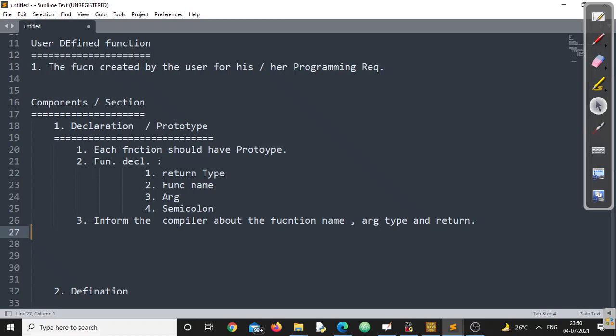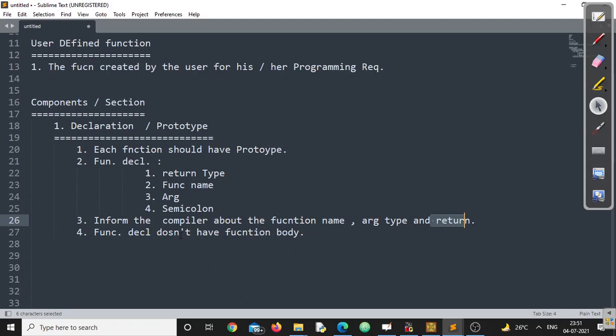Remember one thing a function declaration doesn't contain. A function declaration doesn't have a function body. That means it doesn't say what your function can do. Remember this point. What it does say is what your function should look like. Now we'll understand these three points first: function name, argument type, and return type.